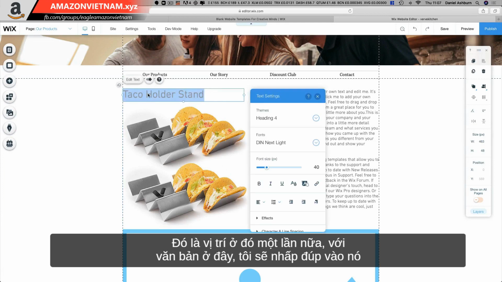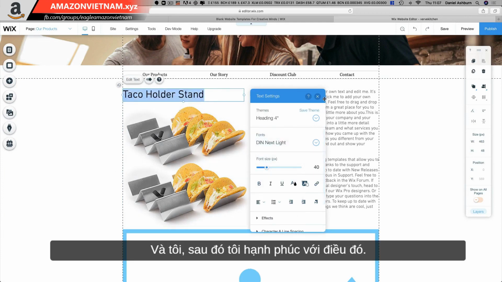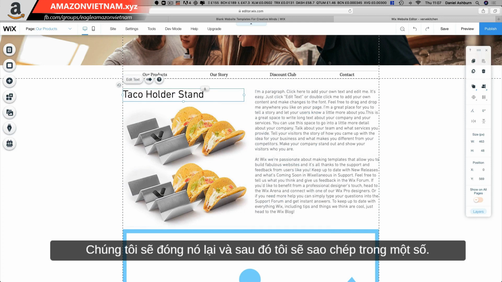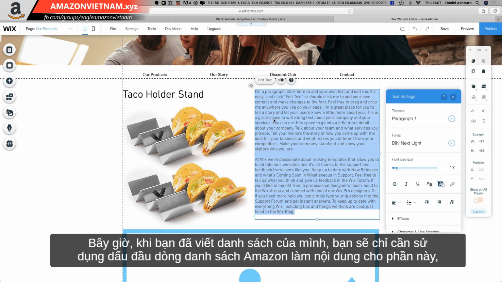Again, with the text here, I'm going to double click it and change the color to black to make it more prominent on the page. And I'm happy with that. We'll close that down. And then I'm going to copy in some holding text for my bullet points. Now, once you've written your listing, you'll simply use your Amazon listing bullet points as your content for this piece